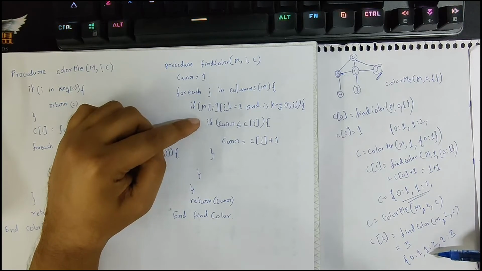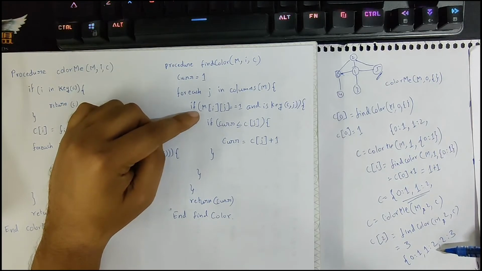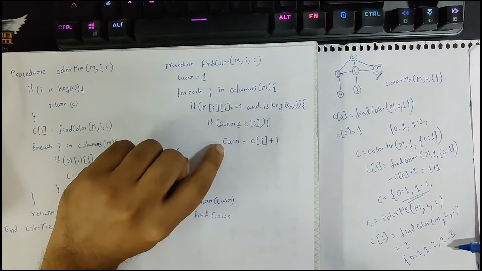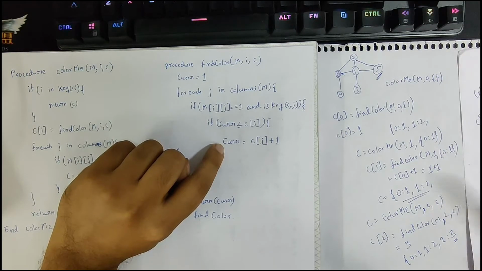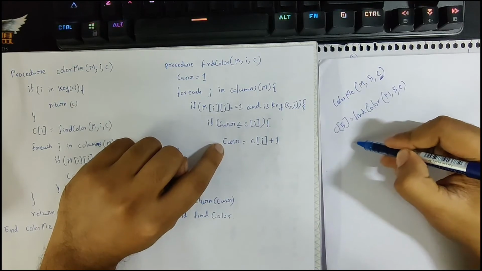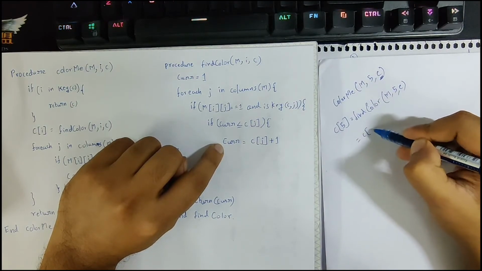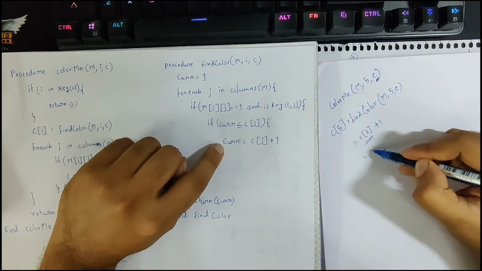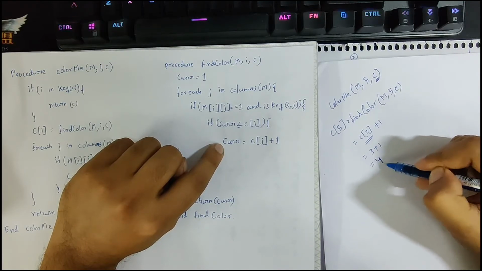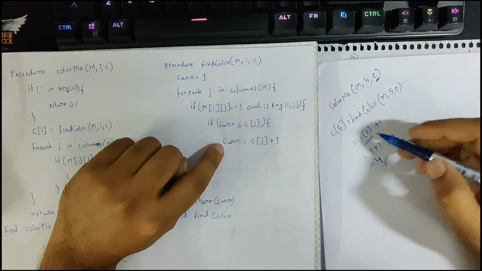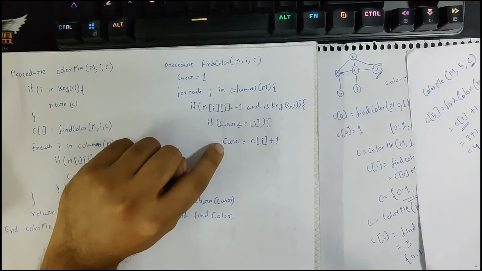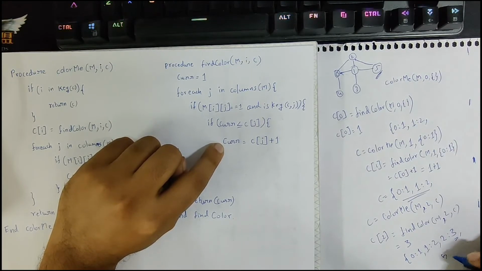So first we'll check through 1, 2 plus 1, it will be 3, and current value 3 is same as C of 2. So current value will finally be updated to this 3 plus 1. 5 will be equal to C of 2, which is the maximum among the edges, plus 1, 3 plus 1, 4. Okay. So we assigned 2. We got one more element in our dictionary now. 5's value will be 4.